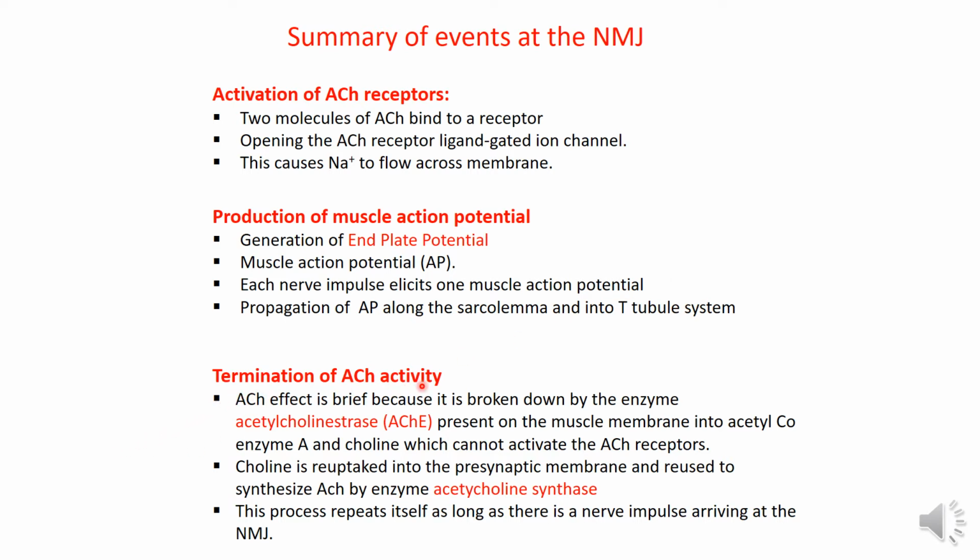Then, termination of acetylcholine activity: hydrolysis of the acetylcholine by the enzyme acetylcholine esterase, hydrolyzing it into acetic acid and choline. Choline is taken up into the presynaptic membrane and reused to synthesize acetylcholine by the enzyme acetylcholine synthase, or choline acetylase. So, the action of acetylcholine is terminated. Acetylcholine is not allowed to bind permanently with the receptors,